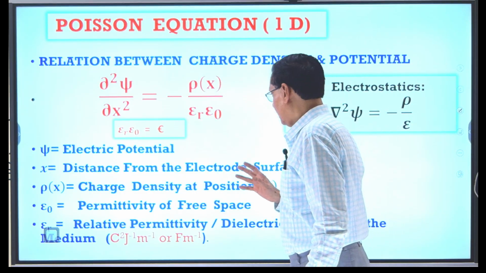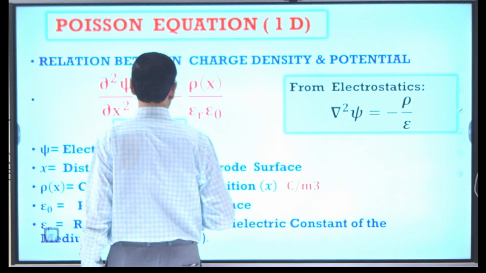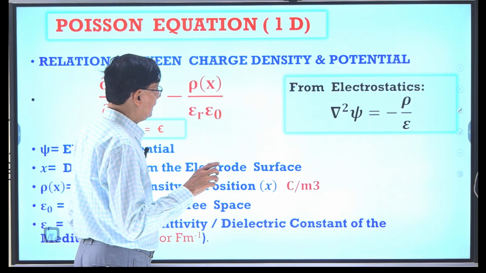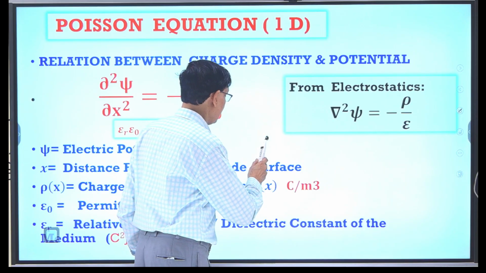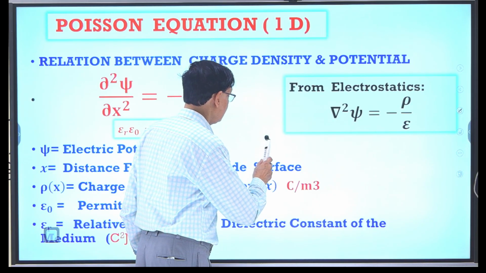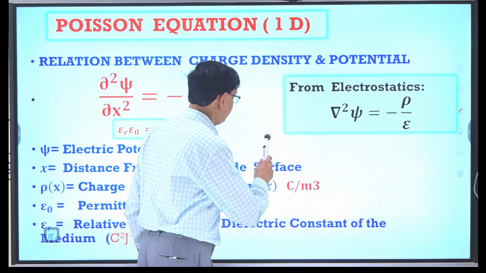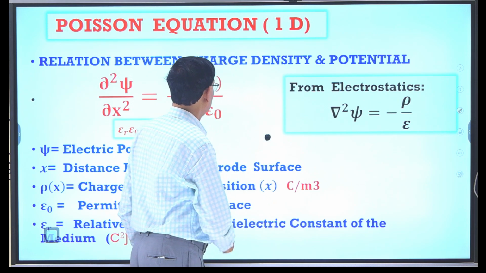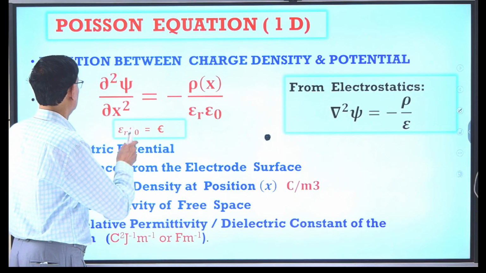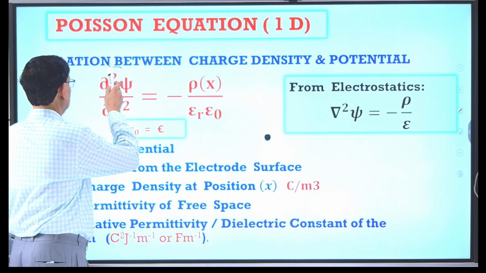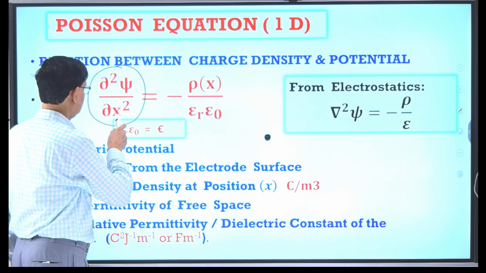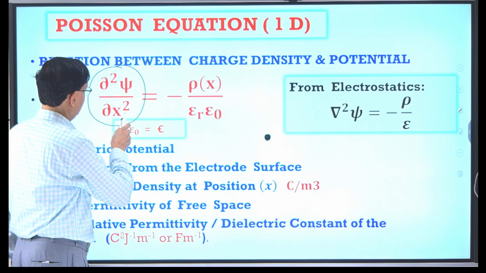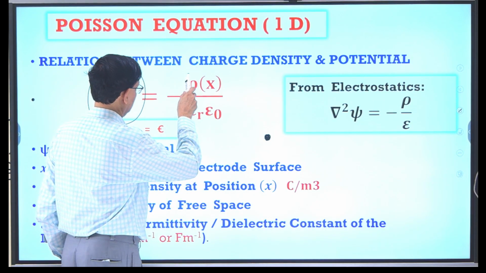Now I am just coming to the first point, that again and again I am just considering the point charge. So there is no definite size, and the Poisson equation is like that: del square psi by dx square is equal to minus rho